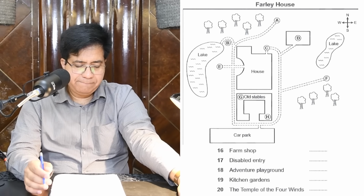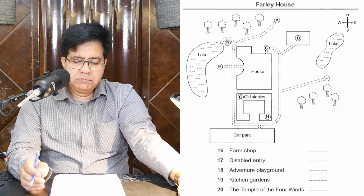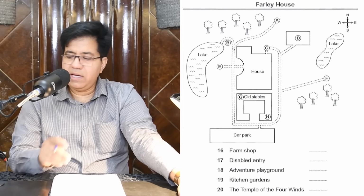There are a number of lovely gardens near the house. The kitchen gardens are rectangular and surrounded by a wall. They're to the northeast of the house, quite near the smaller lake. They're still in use and have a...